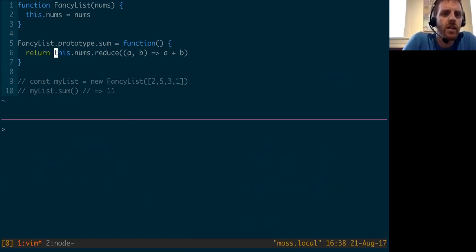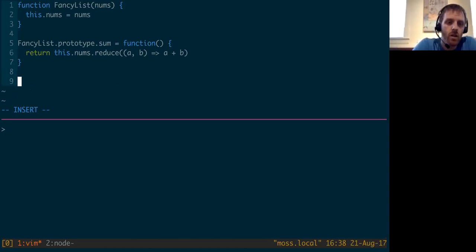so we have this fancy list that adds this sum method. And this is not a great example of object-oriented design, but just for the purposes of showing inheritance, let's say that you, well, let's change the example so the inheritance makes more sense. So let's say we had a